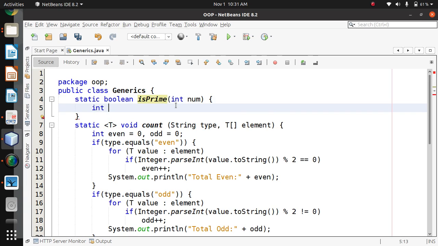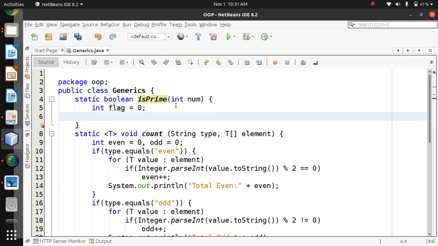So how to check it out? Let's create a flag equal to 0, and then we'll iterate through the particular conditions. Okay, what's the error here? It's not yet completed, that's why it's showing an error. For int i is equal to 2, i is less than num and i plus plus.